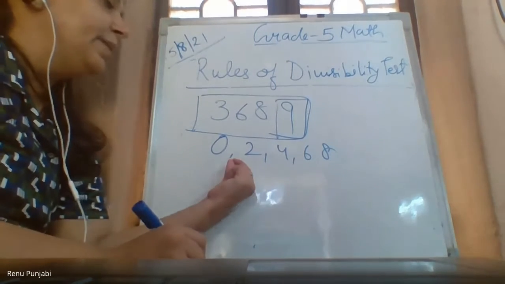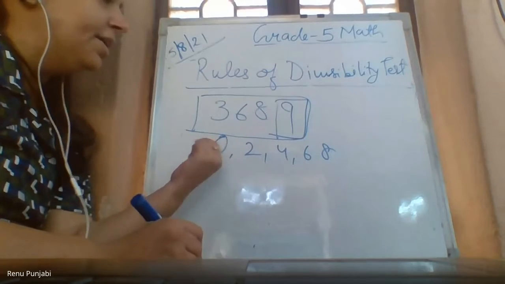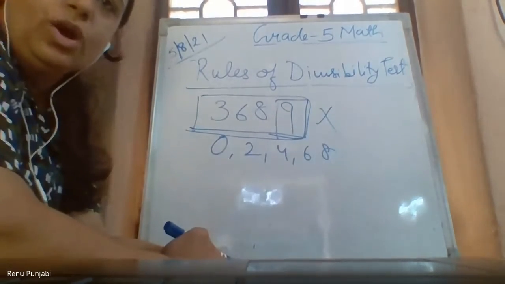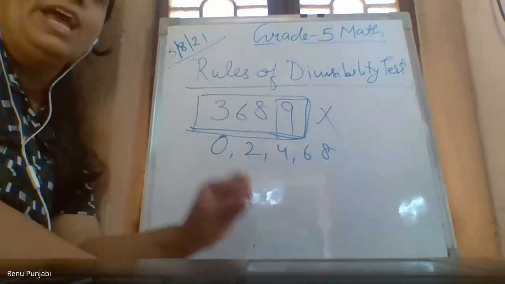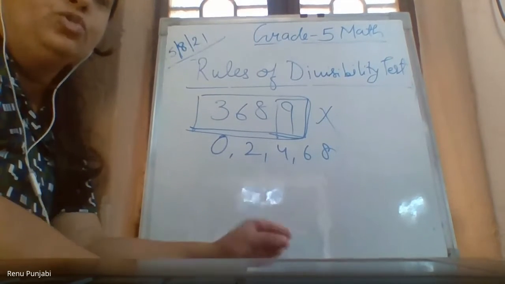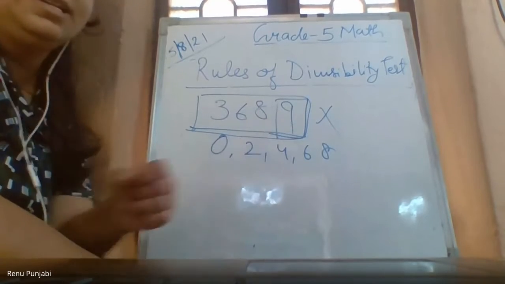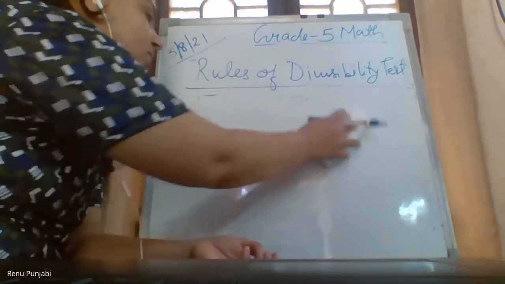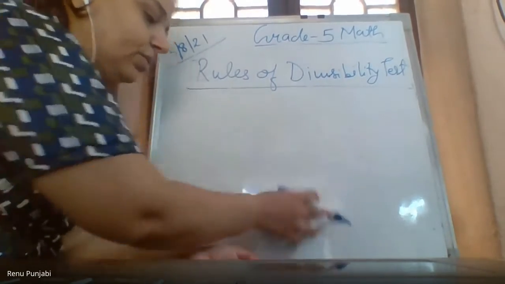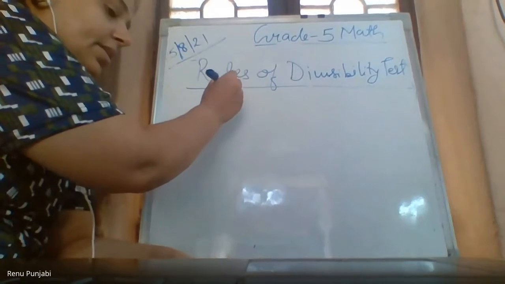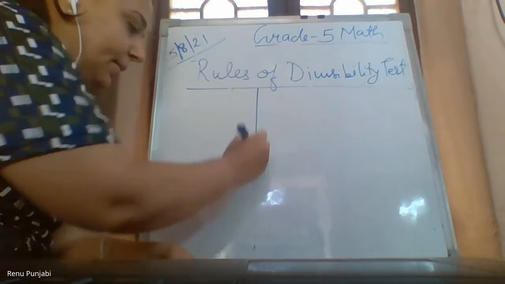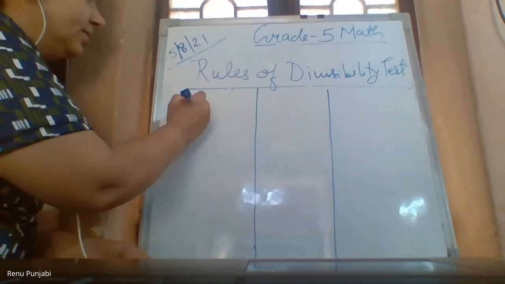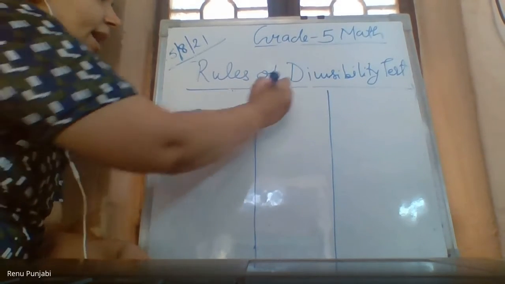So at the last place, at the ones place, it is the odd number. So we can say the complete number is not divisible by 2. Got it? This way we can check whether any number is divisible by 2 or not by seeing the last digit. Got it, everyone? So please write now about the divisibility of 2. Make 2 columns. Write 2. And the rule is,